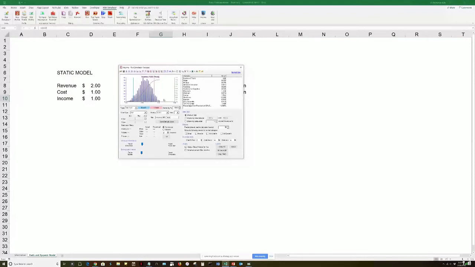So we can actually see what is my worst case scenario, what's my probability confidence interval, between certain ranges. If this is a project, I can say I've got a 95% probability of success, and a 98% chance that I will actually make more than $0 or more than 50 cents. If this is a schedule or project management, for example, I can say there's a 90% chance I'm going to complete this in 33 to 36 weeks. There's only a 5% chance that it will exceed 39 weeks and so forth, right? So you're getting various ranges in this case. That's just a very, very simple example of what you can actually do there.